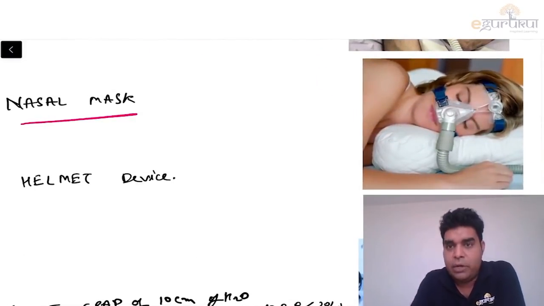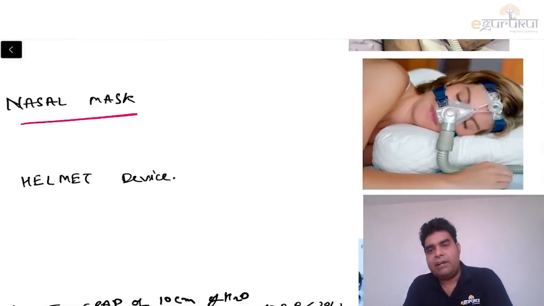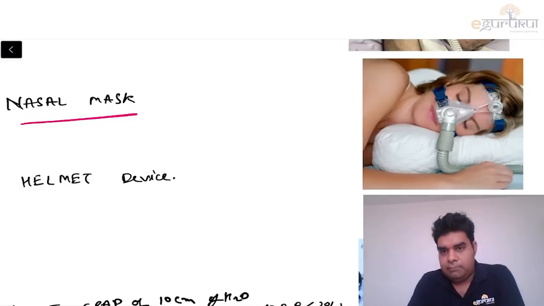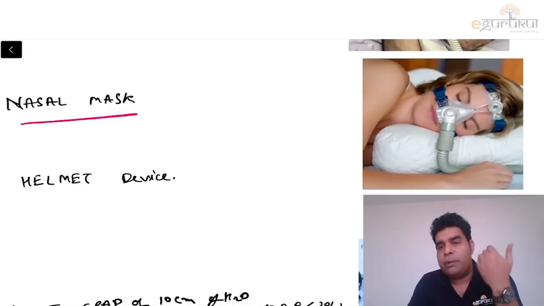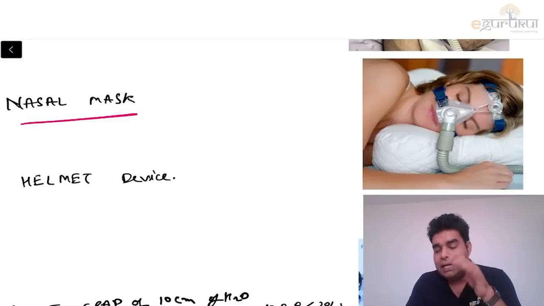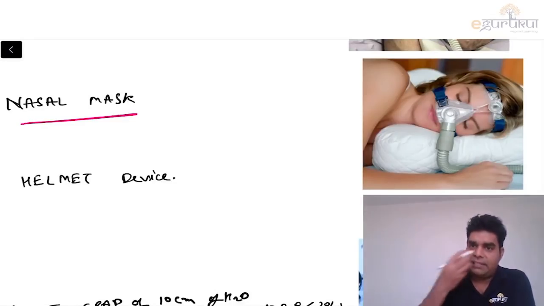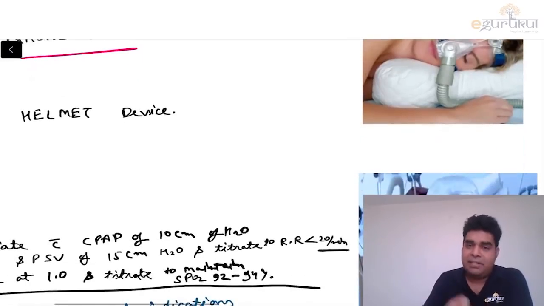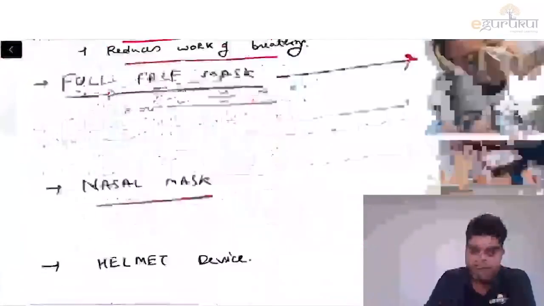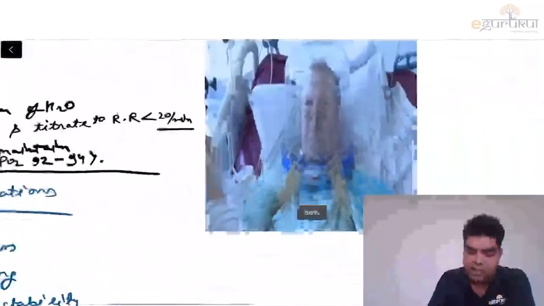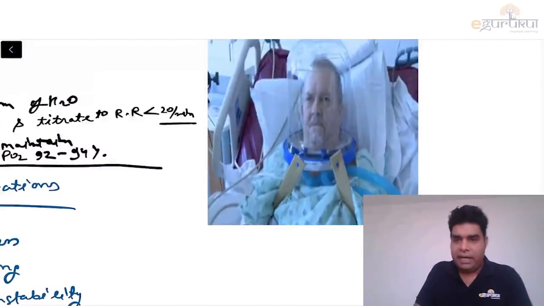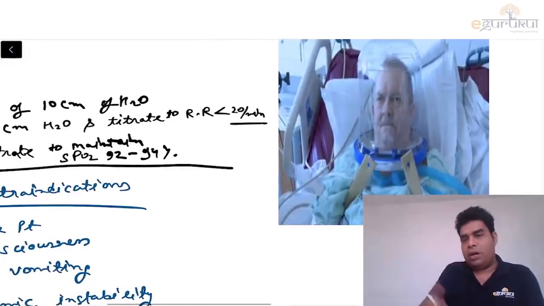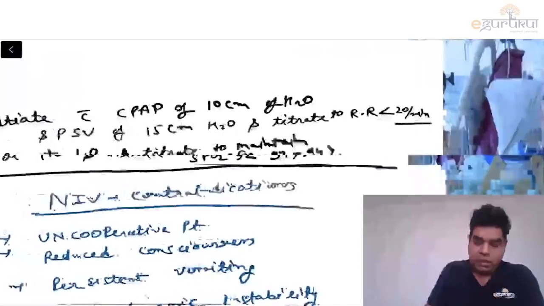This is the image showing you the nasal mask. The good thing about the nasal mask is that your mouth is free to eat, but the problem is that if you are using a nasal mask, your mouth should be closed. Otherwise, again, there will be more aerosol transmission and there are more chances of decreased oxygenation. So this is the nasal mask which we can have. But the best device by which we give BiPAP is the helmet device. This is the helmet device on the patient. This helmet device is strapped to the shoulder. This helmet device is the best device to give BiPAP because the patient feels more comfortable in it. There is no pressure on the nose and mouth.